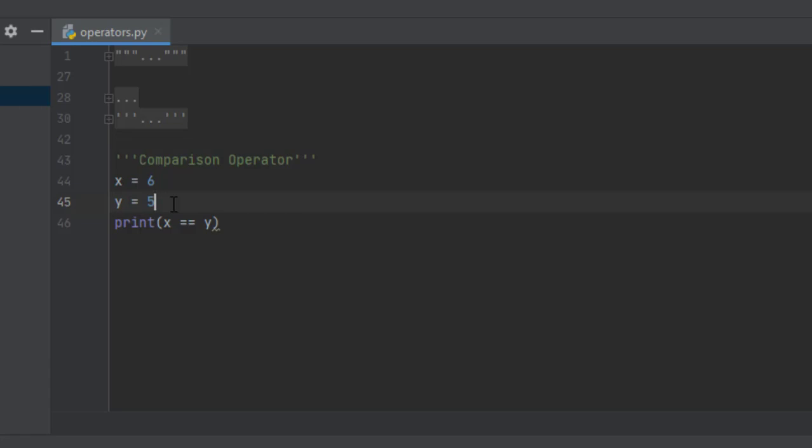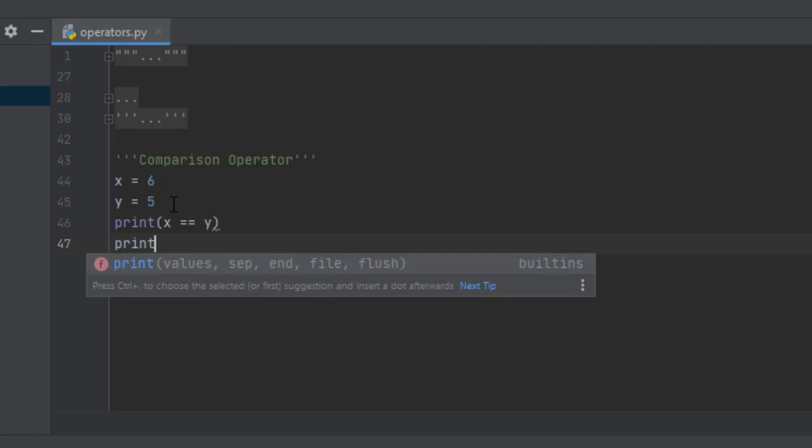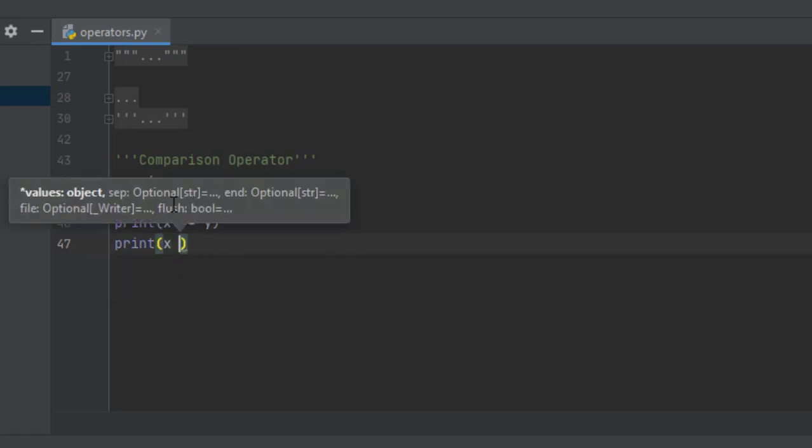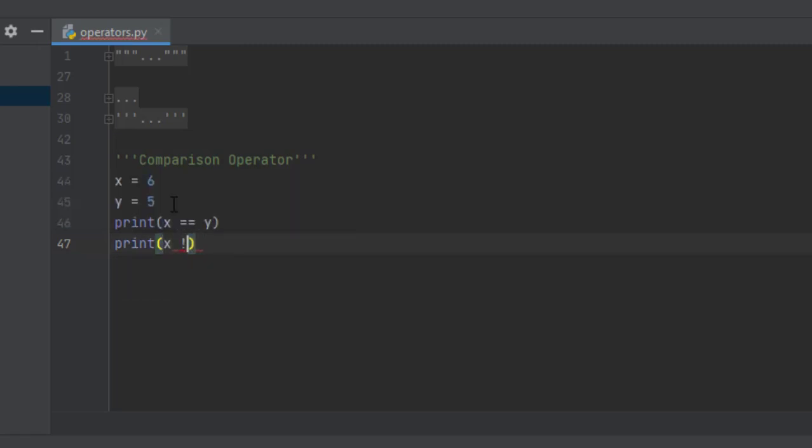The next part is, if we have an operator for equal to, then if it is not equal to also, we'll definitely have an operator. And the operator for not equal to is an exclamation mark and an equal sign. Simply, we write an equal sign and put a slash through it if LHS is not equal to RHS.